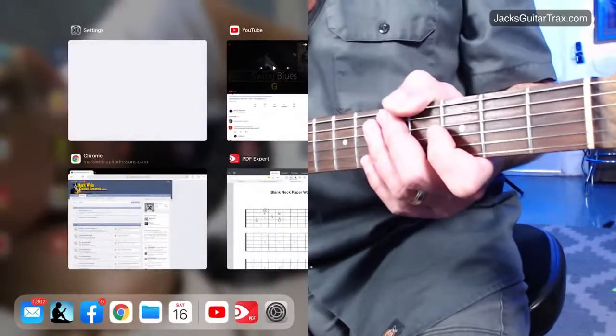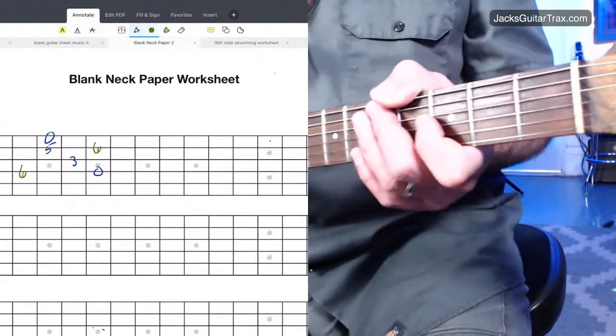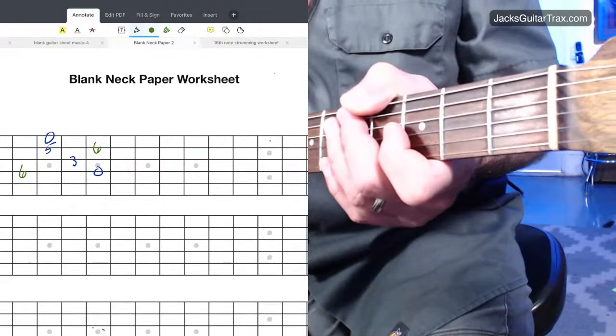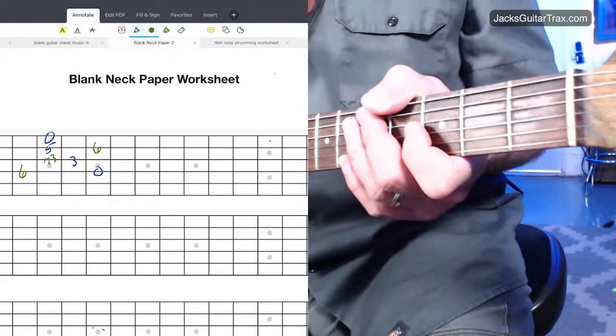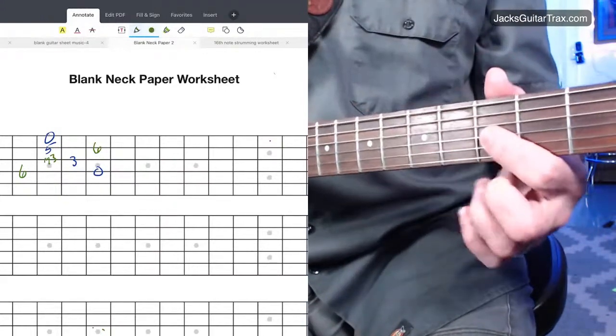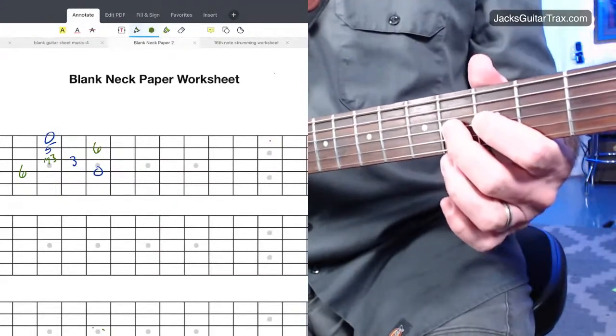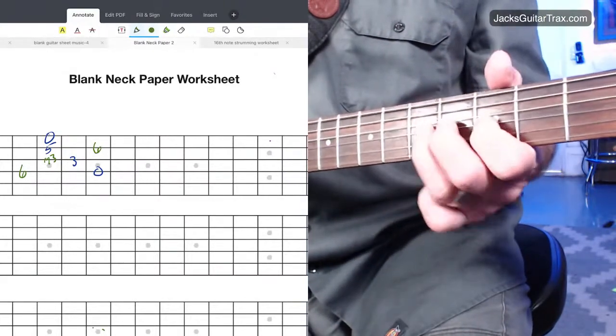Alright, the next idea here that fits into this is the idea of the minor third. This is the other important note. And that minor third, we've talked about this a zillion times too. The idea is that you're approaching the third from a half step below. And a lot of times, like when we're singing or when we're bending notes,